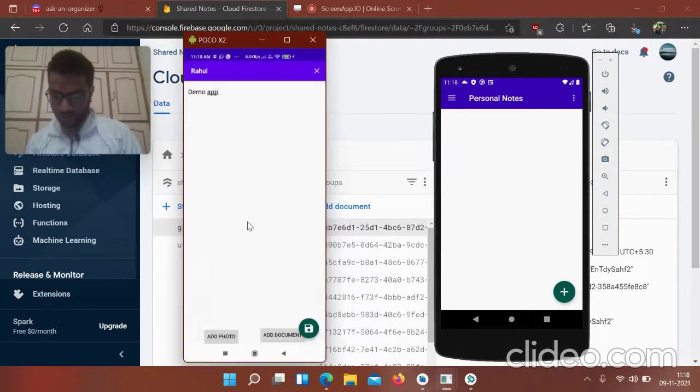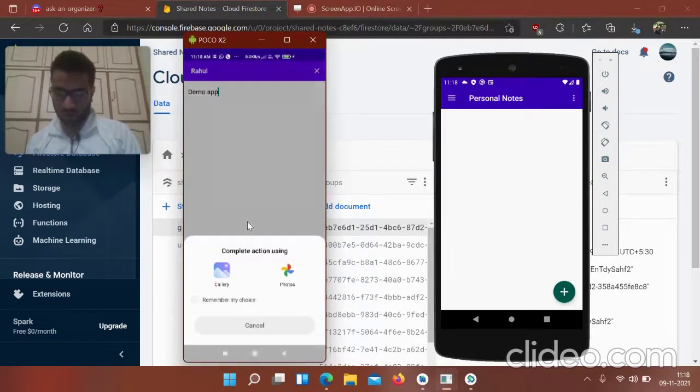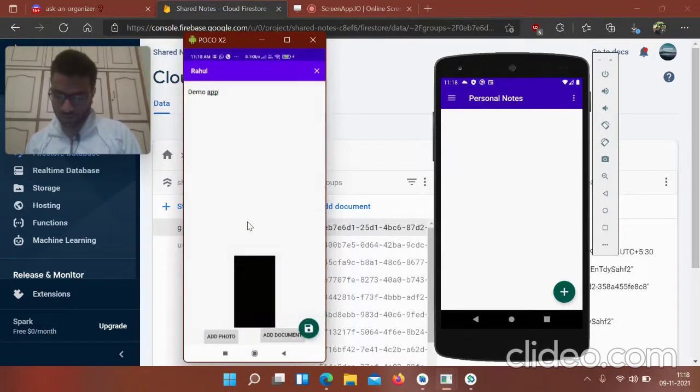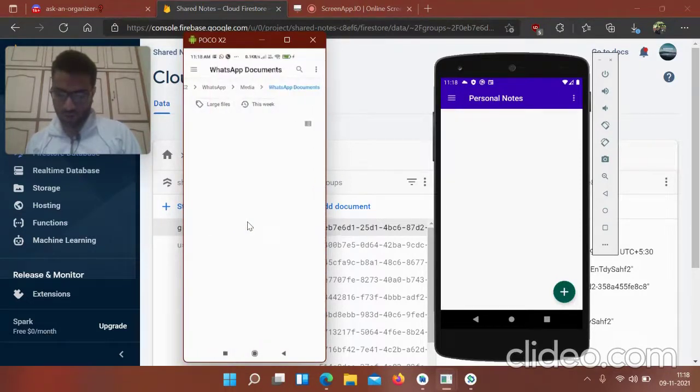Demo app. Let's add a photo from gallery and add a document too.